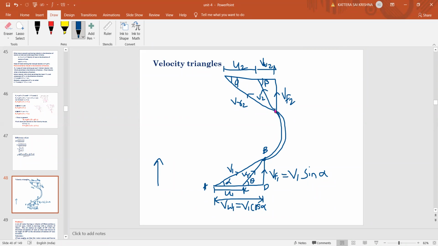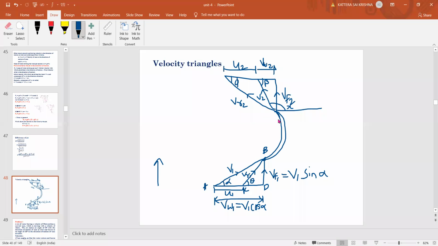In the problem, he will tell that the outlet jet is coming with an angle of some value. Assume that if this is the inlet velocity with which it is coming, V2 will be the outlet velocity. So he will give this angle. Assume that this is some X. So this angle will be given to us, and by using this X value, we need to find beta from the equation.